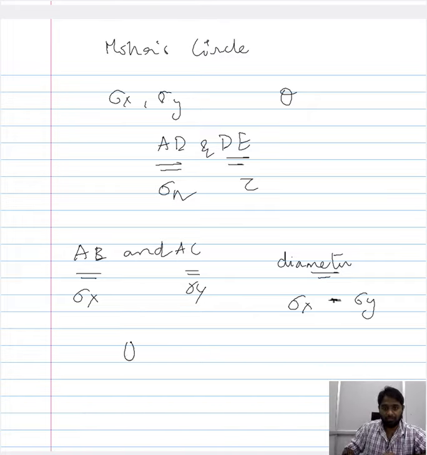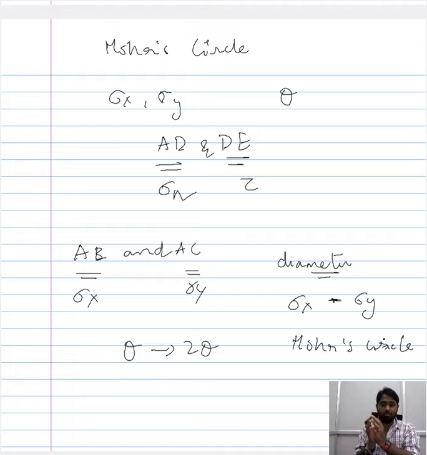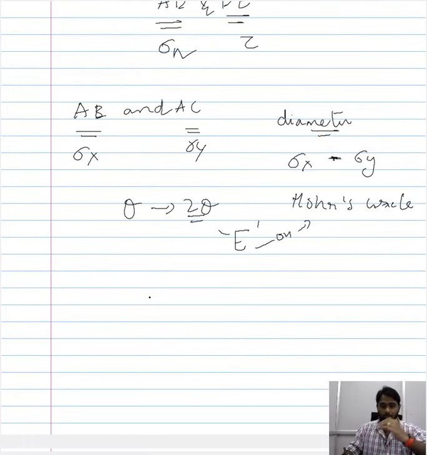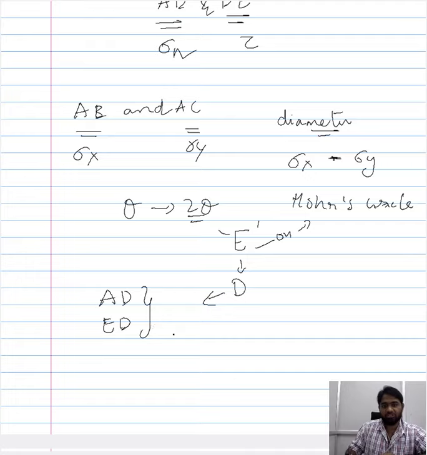And once you have included the angle of inclination theta in the form of 2 theta on the Mohr circle, you are including the nature of the region of your interest through 2 theta by considering a point E. So once you have introduced the angle of inclination, or the nature of your region of interest, by introducing a point E on the Mohr circle, then you can drop a perpendicular to the diameter, and that would be point D. And now once you have included the points E and D, the segment AD and segment ED will relate to the normal and shear stress respectively.